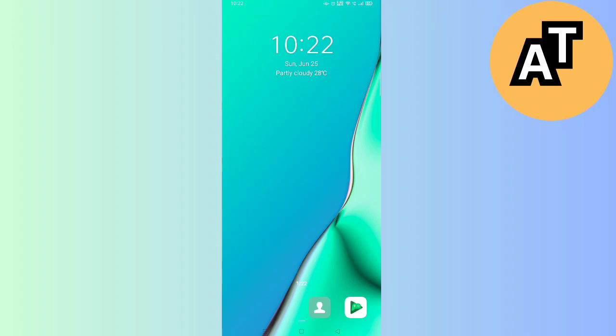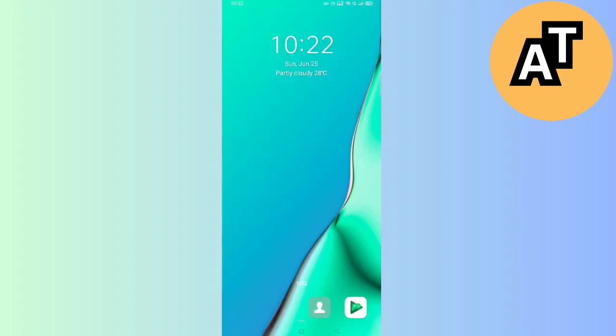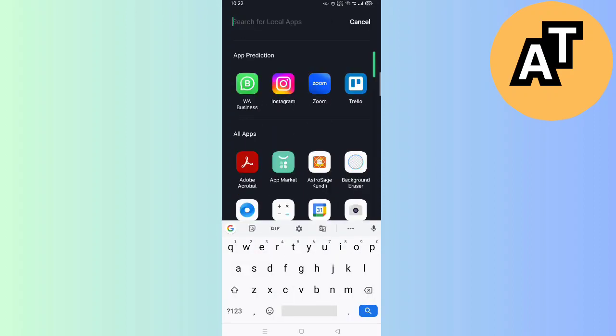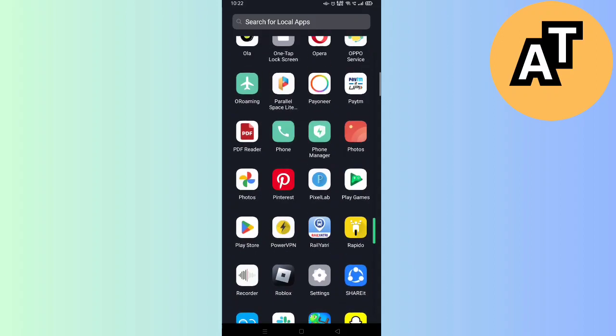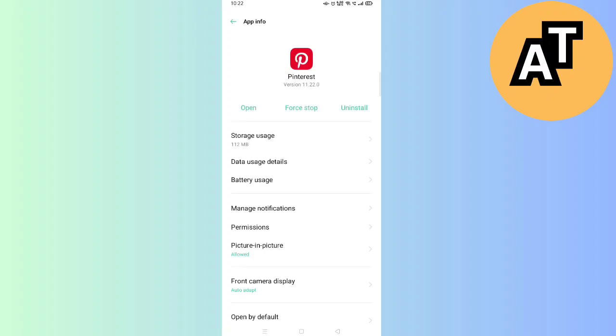The first step is to put your mobile phone on flight mode for 2 or 3 seconds and then switch it off. After that, you have to go to your Pinterest application storage and clear all the junk or background virus files from your application like this. Clicking on app info here, click on the storage usage here